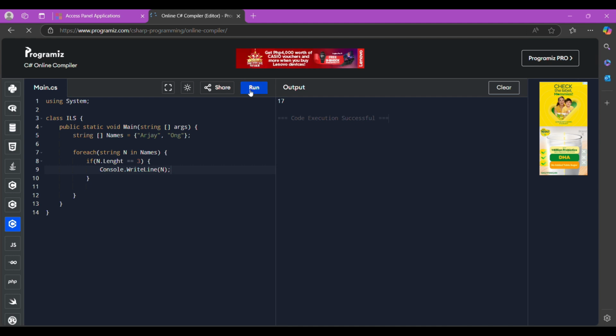Let's see if it will print out the song. Oh, the spelling's wrong.